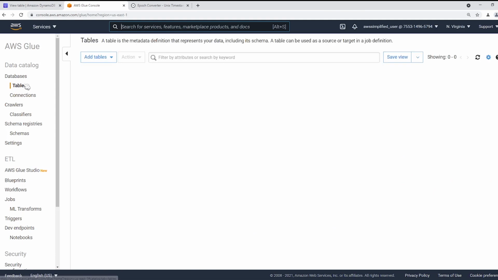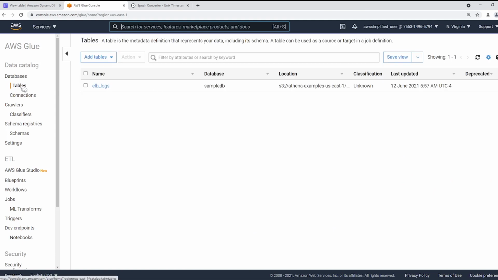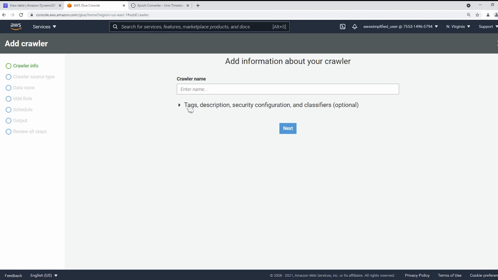And what we want to do is add a table that's based on our data in S3. It's going to ask us to eventually select a bucket here. So what we're going to need to do that is go to add tables here, and we're going to add tables using a crawler. So add tables using a crawler, and we're going to say this is our orders audit table crawler.